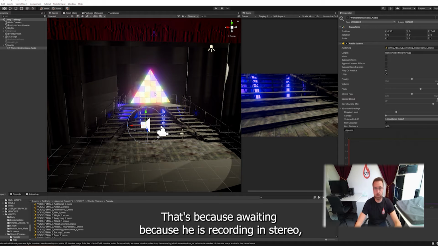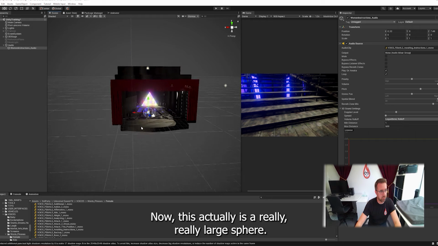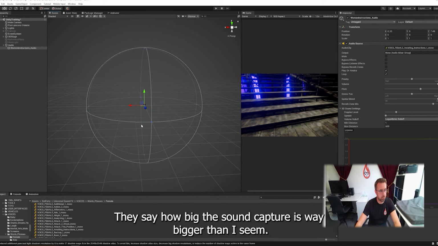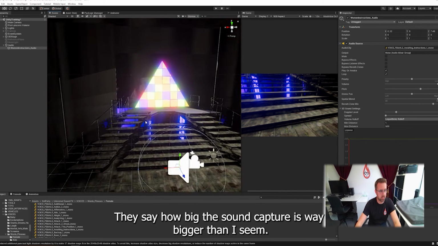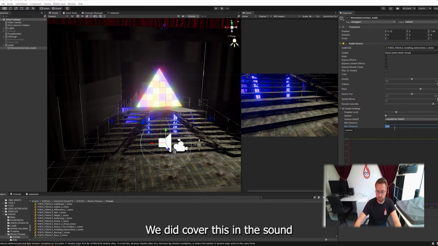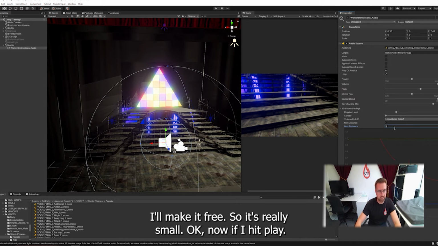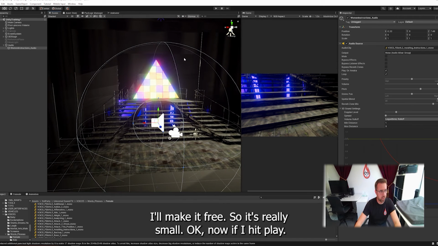You might be able to hear this because it might be recording in stereo, but it won't record it in four channel mode. Now, this actually is a really, really large sphere. You see how big this sound capture area is, way bigger than our scene. So let's make it a bit smaller, minimum distance and maximum distance. We did cover this in the sound part of the lesson earlier. I'm gonna make that 5, and that's probably still big. I'm gonna make it 3. So it's really small. Okay, now if I hit play,